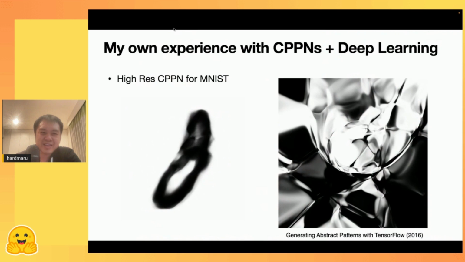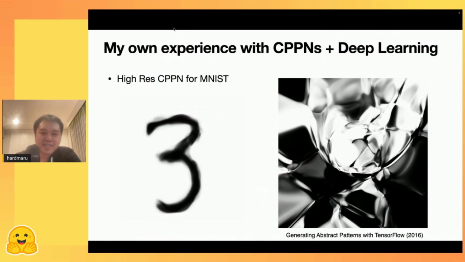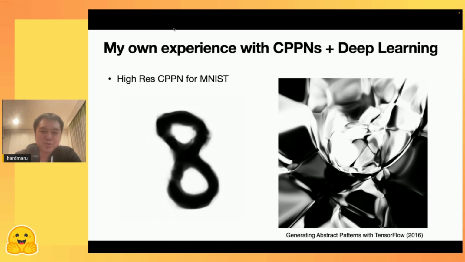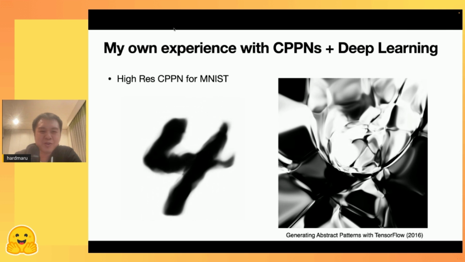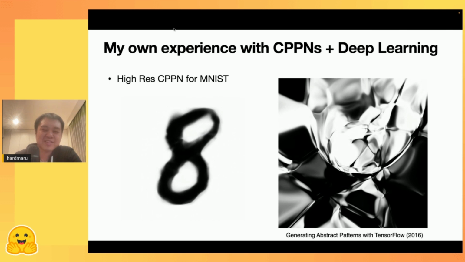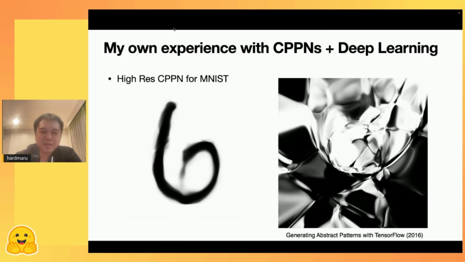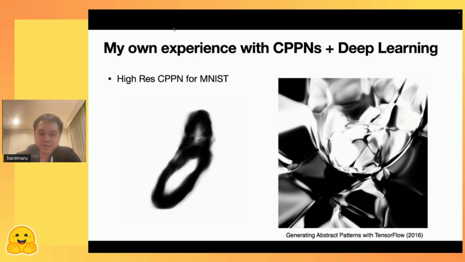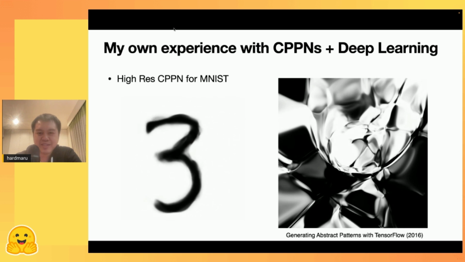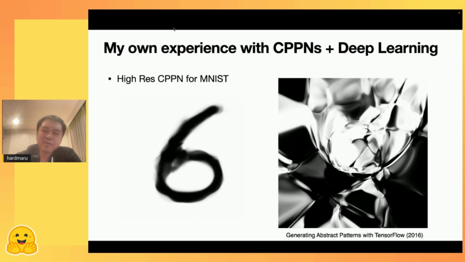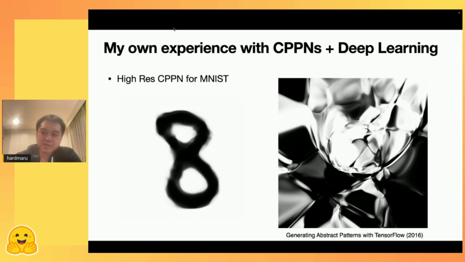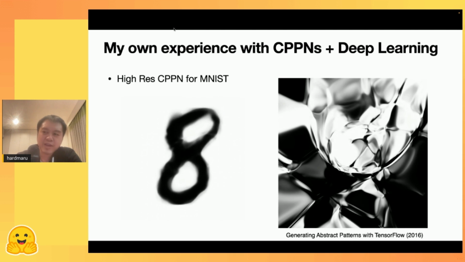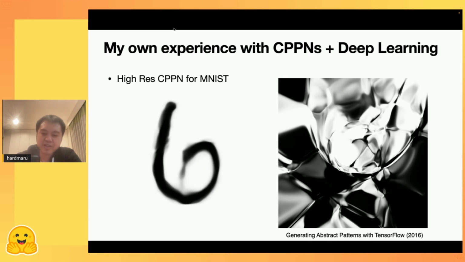So when I got into deep learning, the first thing I did was to apply these CPPNs to MNIST, because I was sick and tired of MNIST. It was 28 by 28 pixels. It's so uninspiring and low resolution. So I immediately used these methods to generate 1,000 by 1,000 pixel images of MNIST even, and also evolving all sorts of abstract patterns using these CPPNs. I was fascinated by looking at what has been created from this sort of collective or communal AI, and how these algorithms can be applied to deep learning.